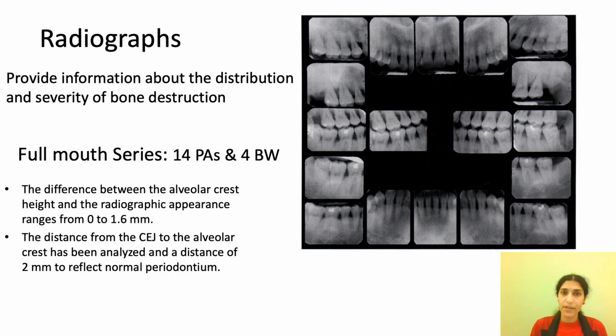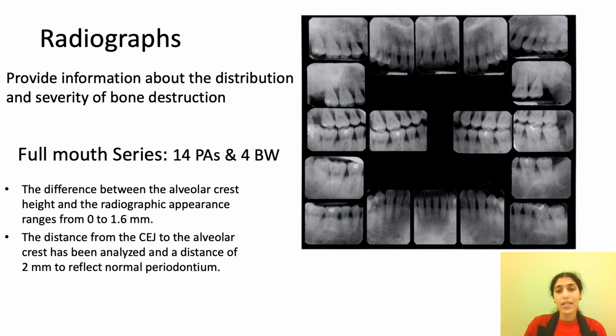So when should we take a radiograph, and what information should we get from it? Let us see from a periodontal point of view which are the important aspects to be understood. Radiographs are basically indicated whenever there is a BPE score of 3 or 4. Definitely we can go for taking full mouth radiographs, especially for a BPE score of 4.